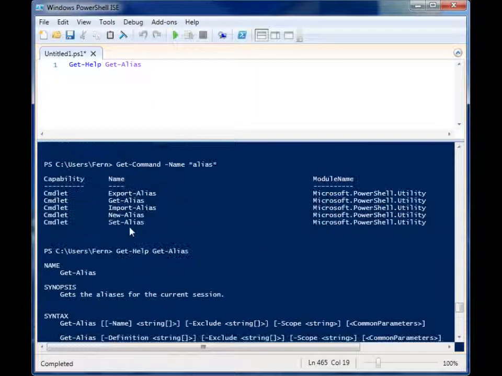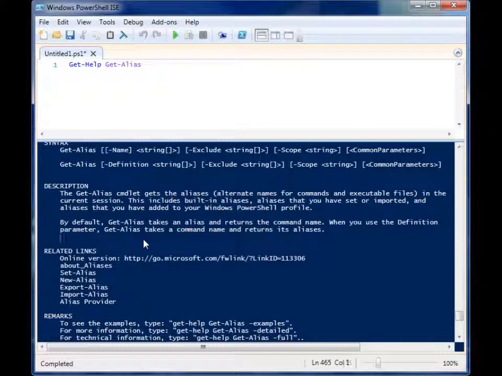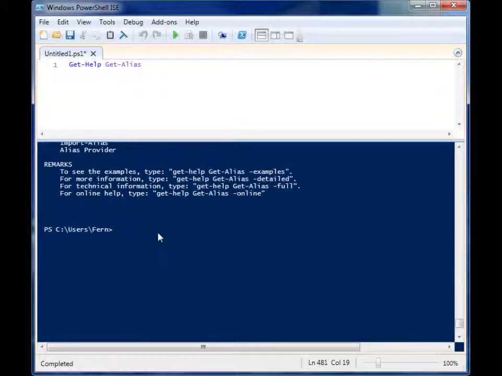information about them. So get command shows you all the commandlets, and then you can use that in conjunction with get help to find out more about it. And so that's really helpful. Now the other one probably won't come in handy for most people unless you're developing your own commandlets, and the